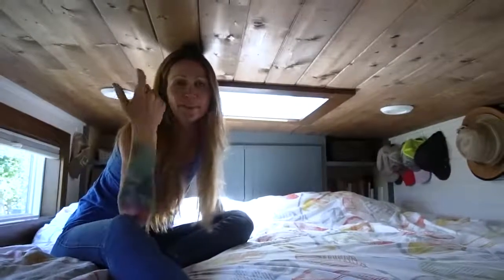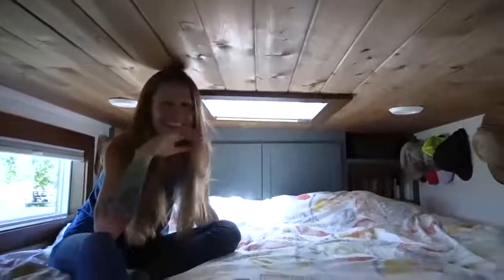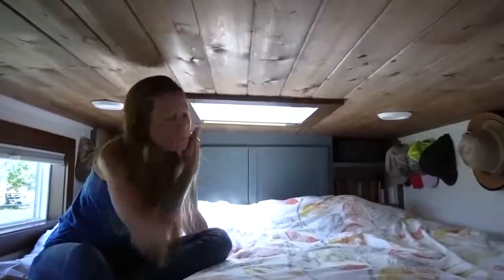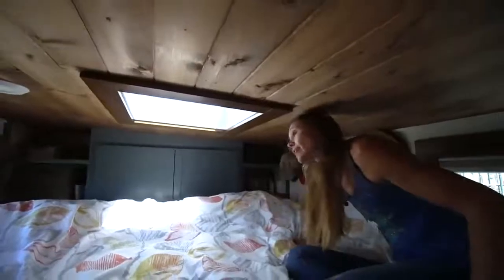I'll show you my closet in a little bit. I went really big with my closet, and then Kevin gets some bins in the closet up here. We got creative with hats and hung those up, and it's really nice and it fits a full king up here. The skylight's awesome. It doesn't open all the way, but it opens to like 60 degrees,